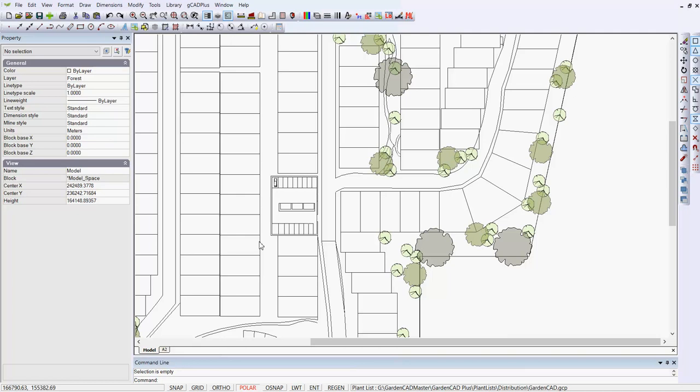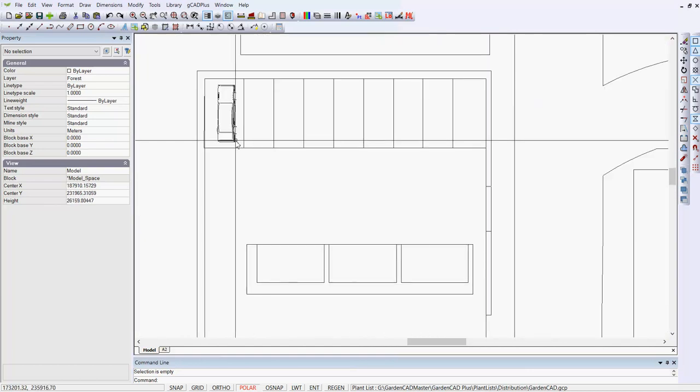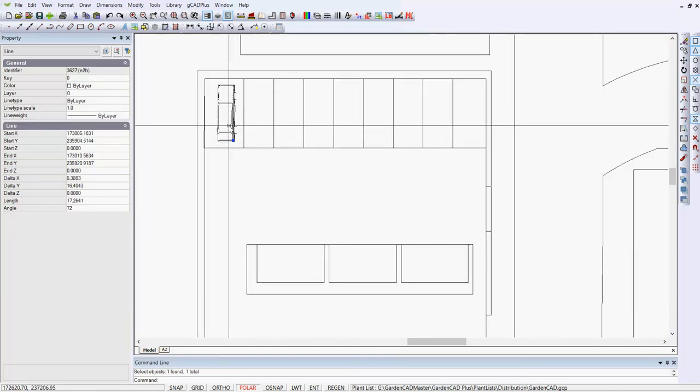The base information for this design came from the AutoCAD environment. And as we've mentioned a number of times, if you are bringing AutoCAD drawings, which we hope you bring in by taking the DWG, converting to DXF, and then placing it in gCADPlus, that process often causes difficulty. This is a design for a subdivision, and if we zoom in on what appears to be a car parking